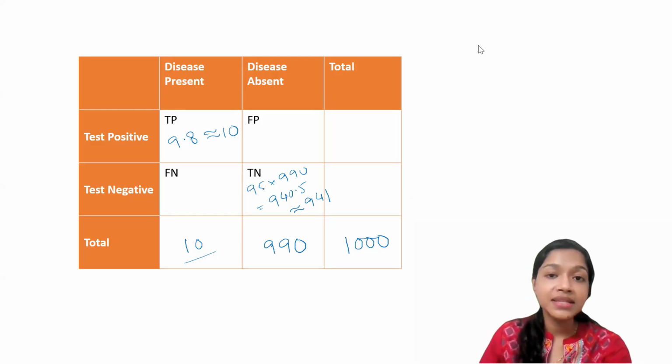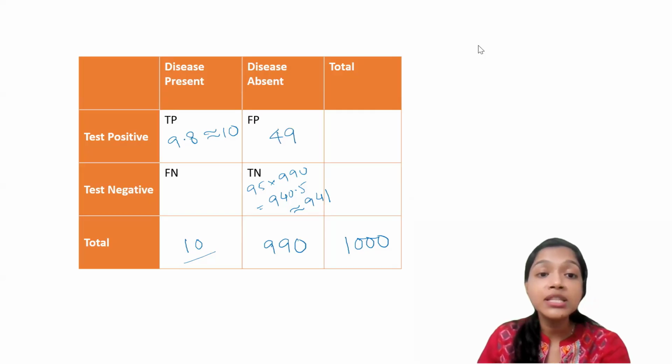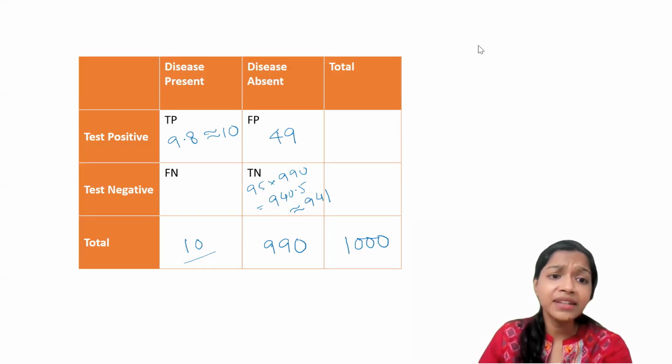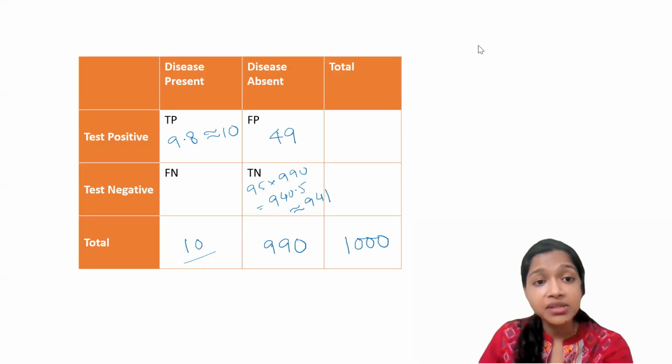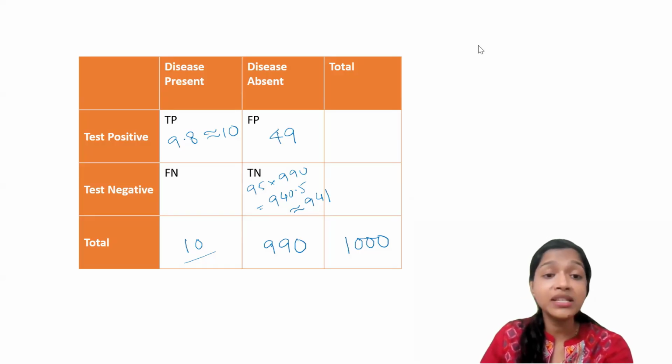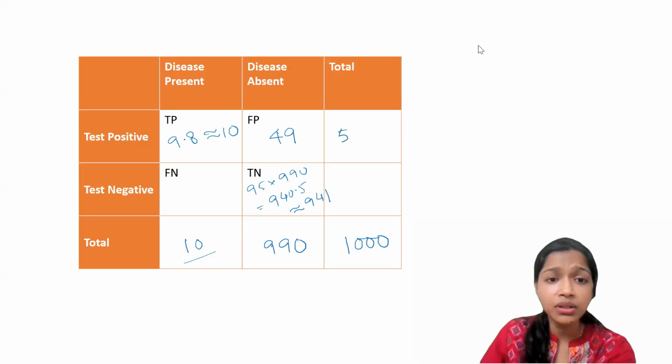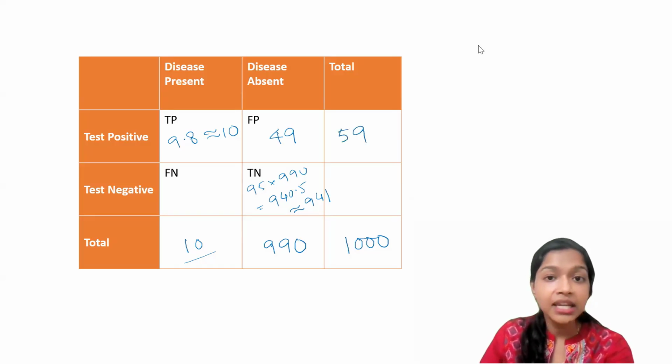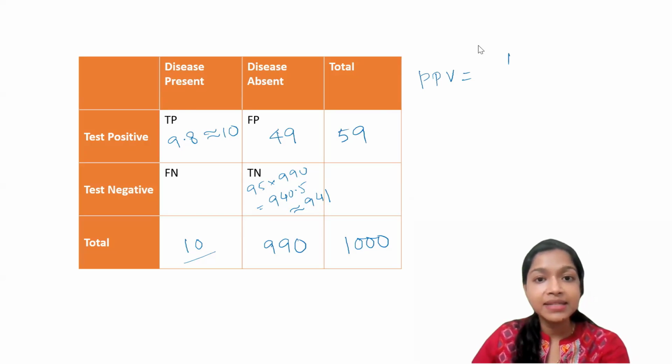Now 990 is disease negative, 941 are true negatives. So actually 49, the difference, 49 are false positives, means they do not have the disease, but the test wrongly identifies them as positive. So you can see, right, that only 10 people are true positive, while the test gives 49 people as false positive. So basically, the test is giving a total of 59 positive results in a population of 1,000, right? So if we go by the formula, PPV is A by A plus B, that is 10 by 59, which is roughly